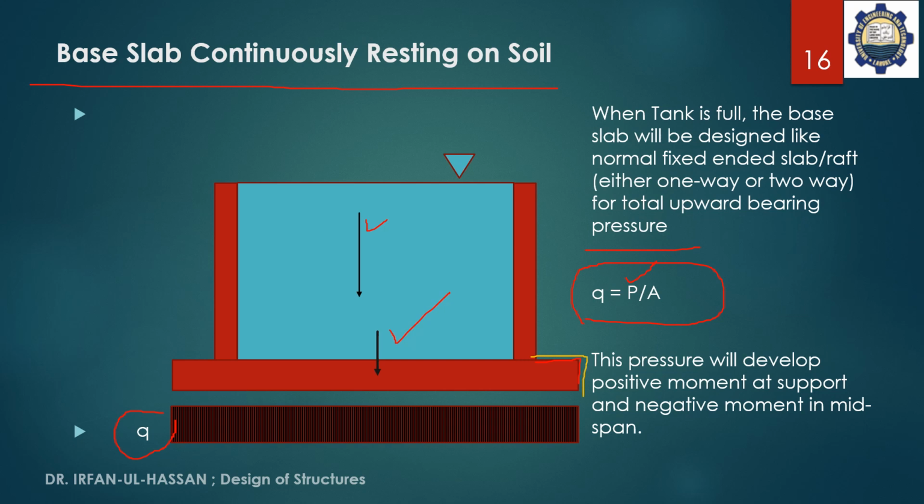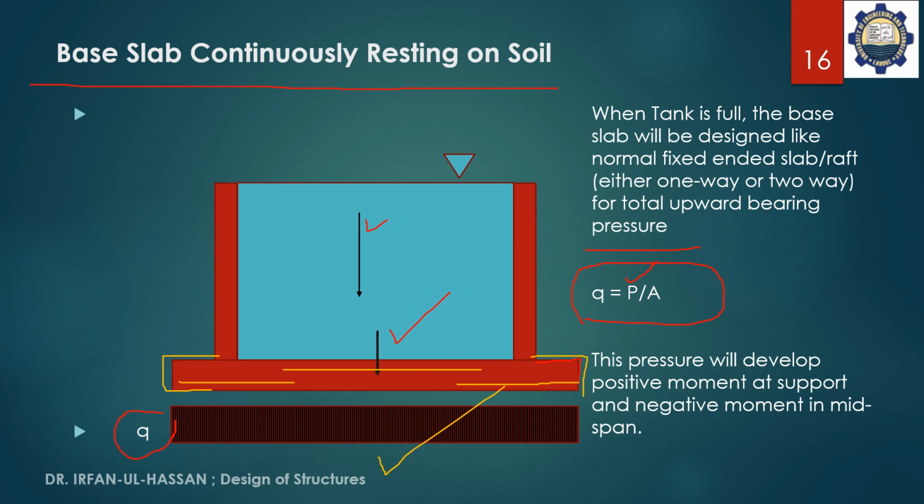So we are normally providing the heel of the tank on all sides, and we can increase it even 1 meter more than that if you feel that your pressure is much higher as compared with the bearing capacity. So you will determine that pressure. With the upward pressure on the fixed ended slab, this will give us the reinforcement, basically the bottom reinforcement under the supports and the top steel in the middle span. So you have to analyze it.